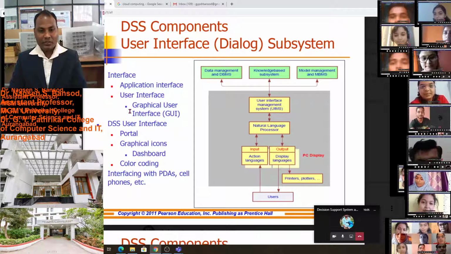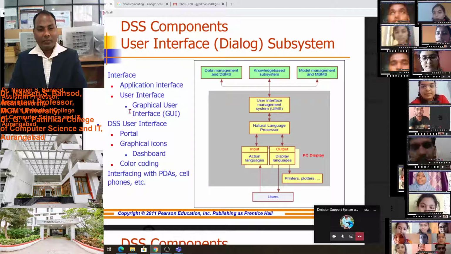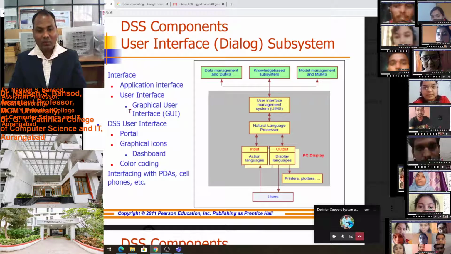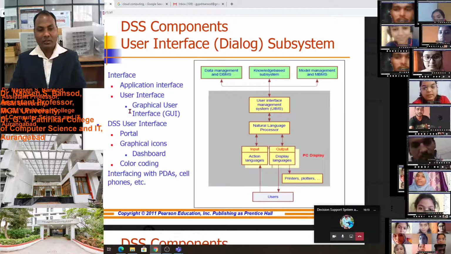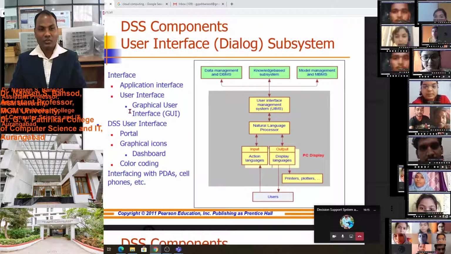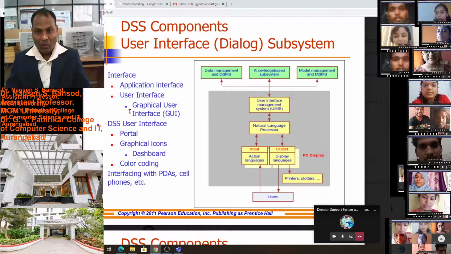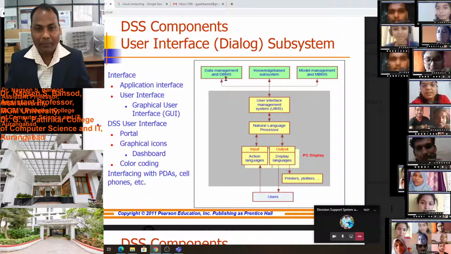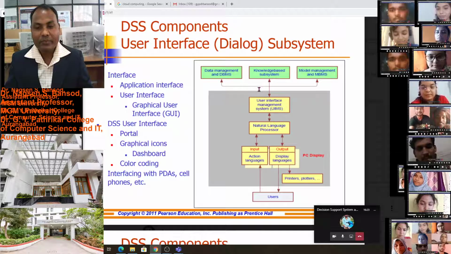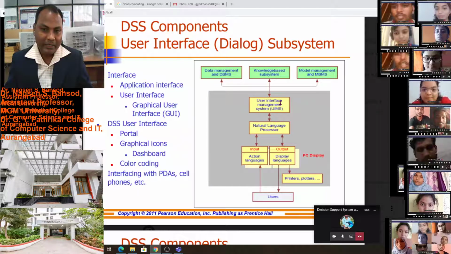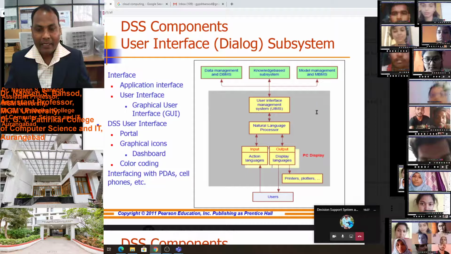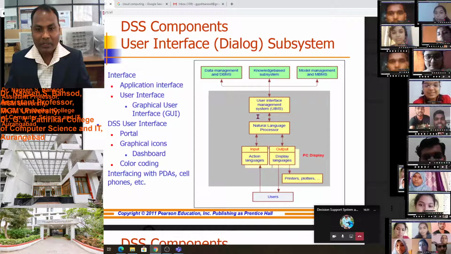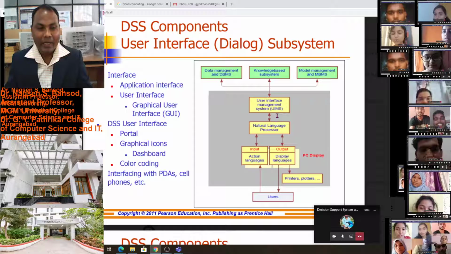Decision support system interfaces include portal, graphical icon, dashboard, color coding, interface with PDA, cell phones, etc. All the interfaces have to connect to the data management system, knowledge management system, and model management system. For connecting all these, we require a user interface management system, meaning UIMS.